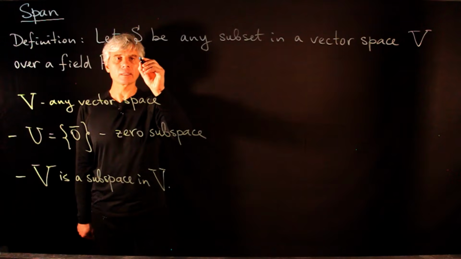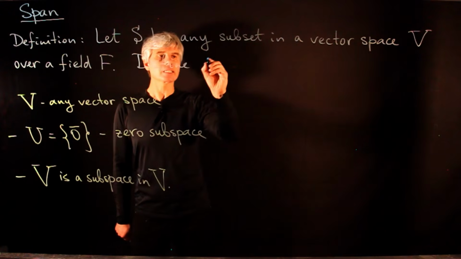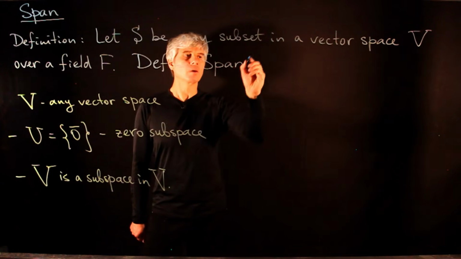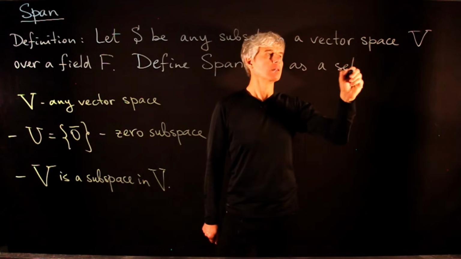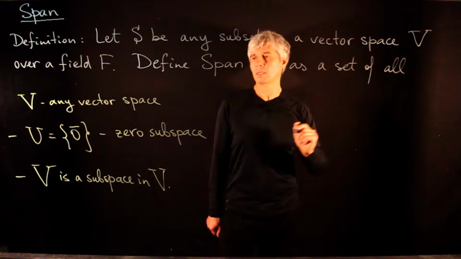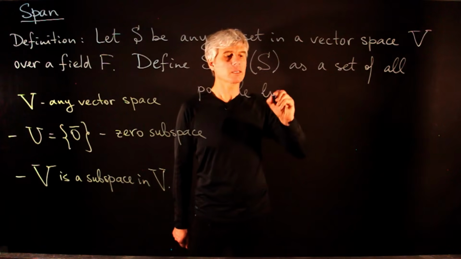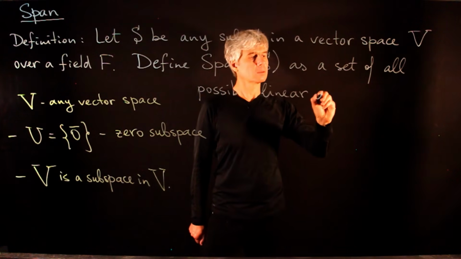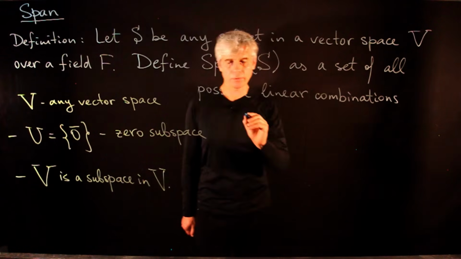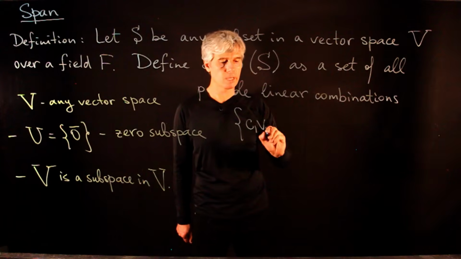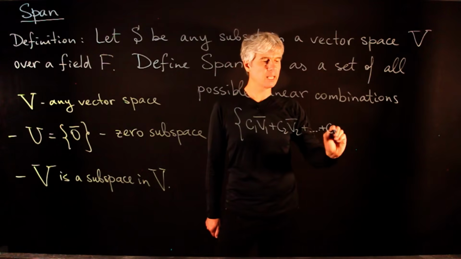And we define span of S as a set of all possible linear combinations of the following form. So we take C1 V1 plus C2 V2 plus CK VK,